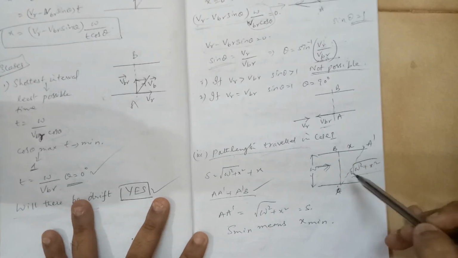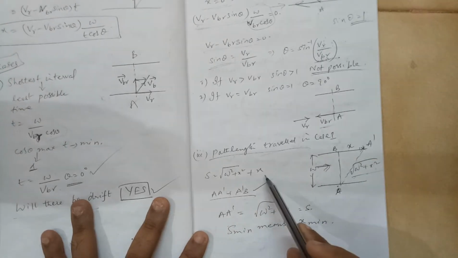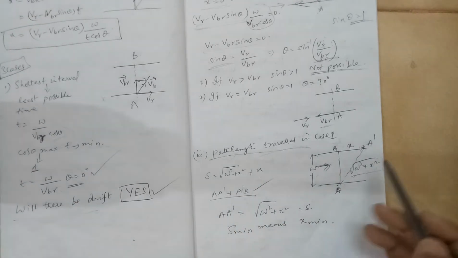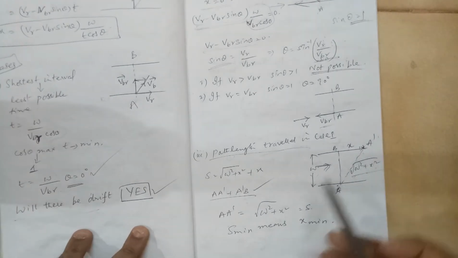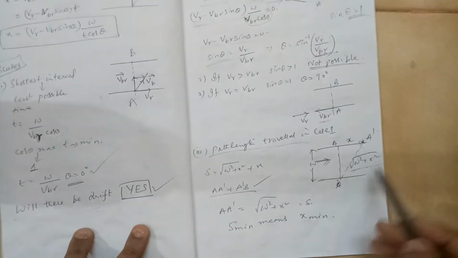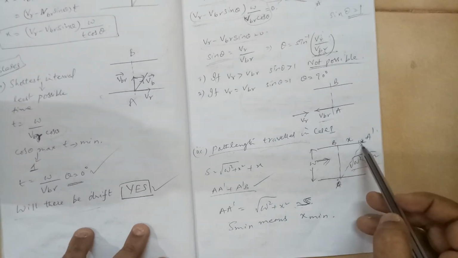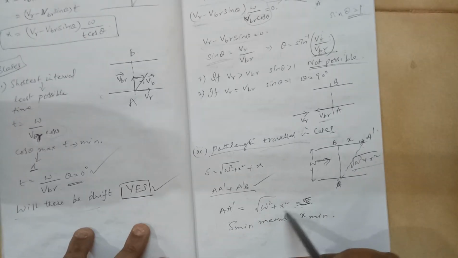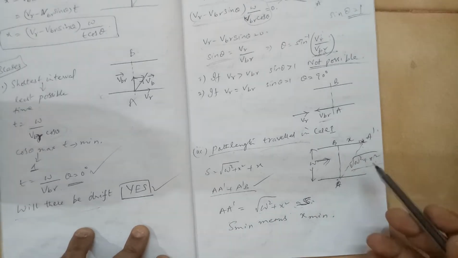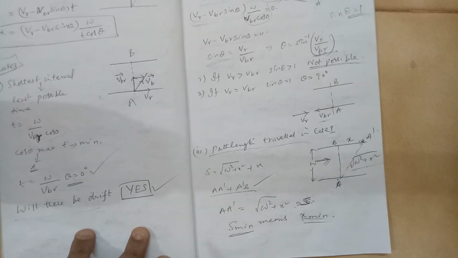Let us say we are just saying that this person has drifted away and he has reached A dash. In that case we don't have to consider the X. It depends upon what has been asked in the question. So we are taking the case only of AA dash, which is root over W square plus X square. You want to keep it minimum. I will call this distance S. So W you cannot change. You have to change only X. Keep this X value as minimum as possible, then your S will be as minimum as possible. That means S minimum you want, you need to keep X minimum.